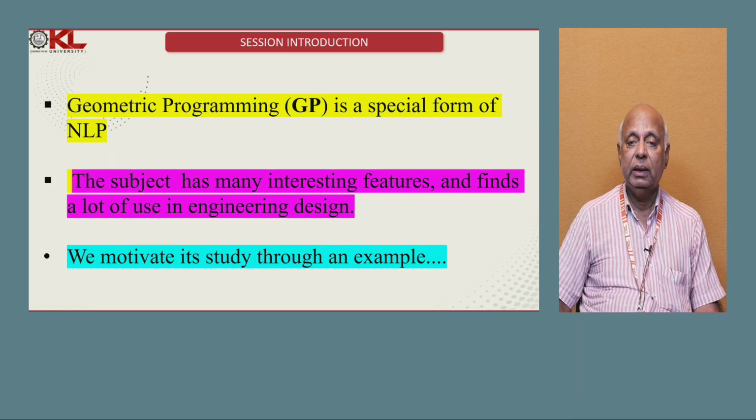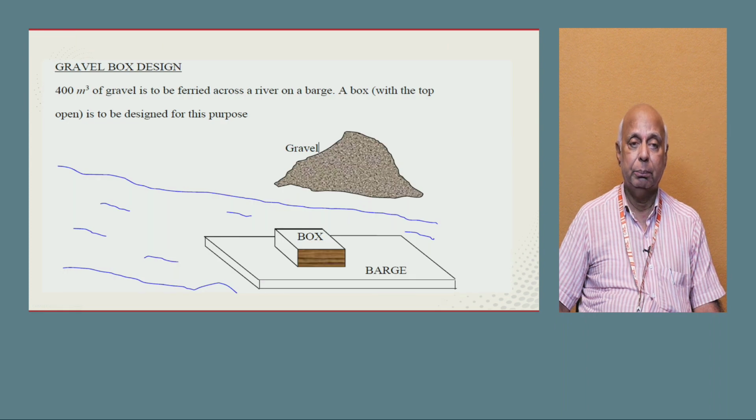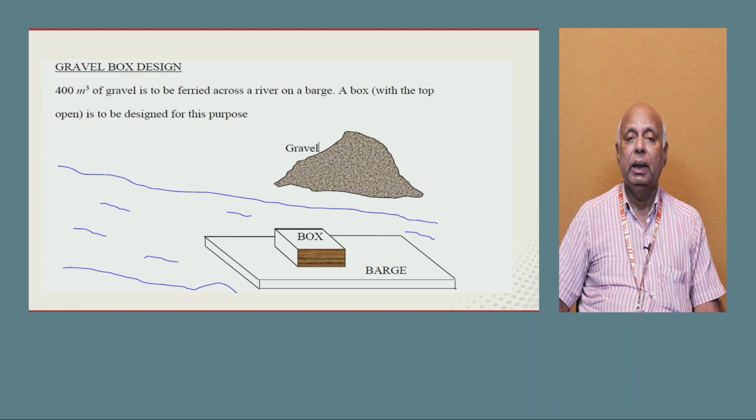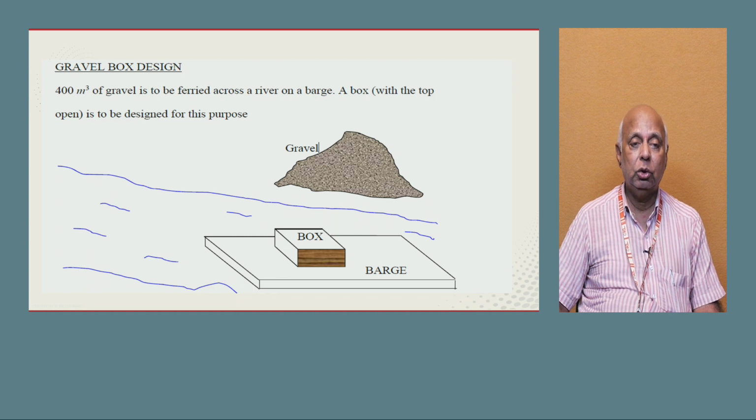Geometric programming is a special form of non-linear programming. We motivate its study through an example here. It has a practical application, and we see here a gravel box design. 400 meter cube of gravel is to be ferried across a river on a barge. The box, which has an open top, is to be